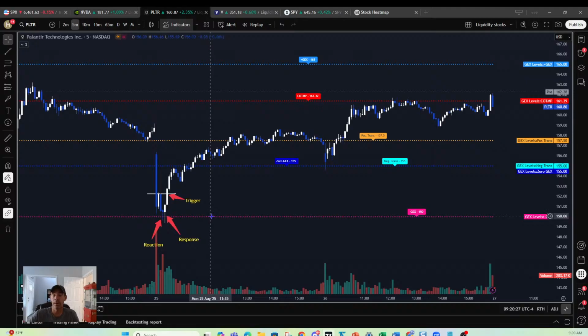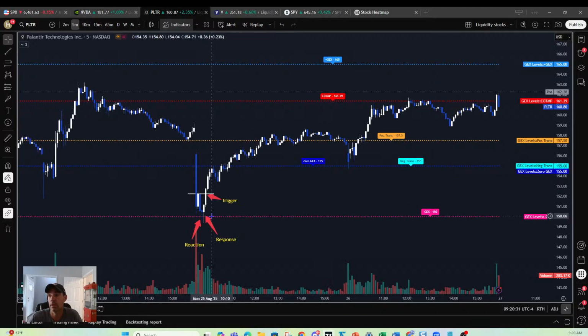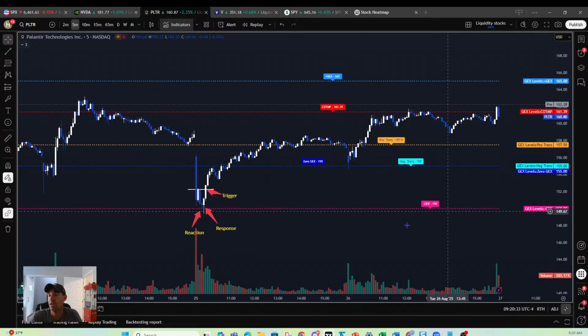But looking at our web app as well as a few of our scans, which includes the Gamma Up scan, that Gamma Up scan basically tells us if the overall structure is advancing and the short-dated call gamma is advancing. So that gives us an opportunity to look at those stocks.